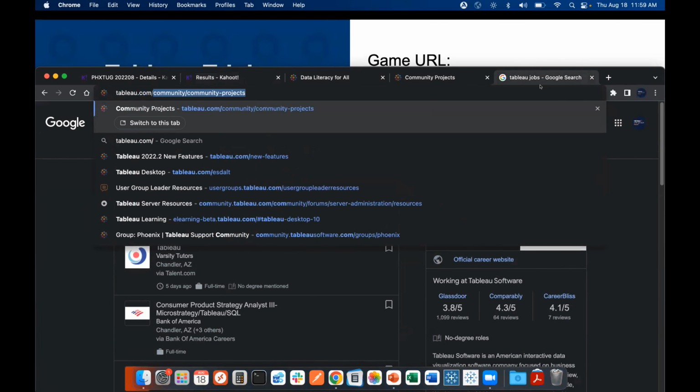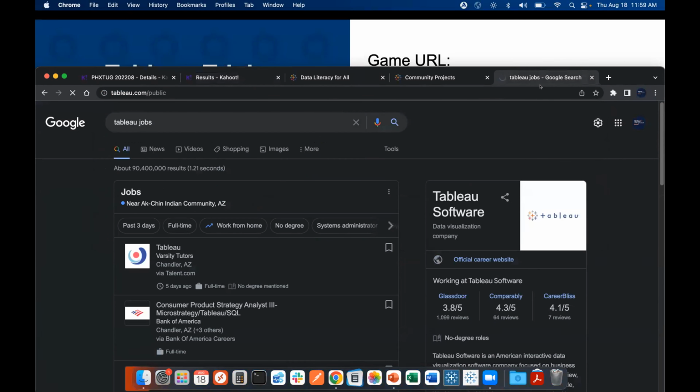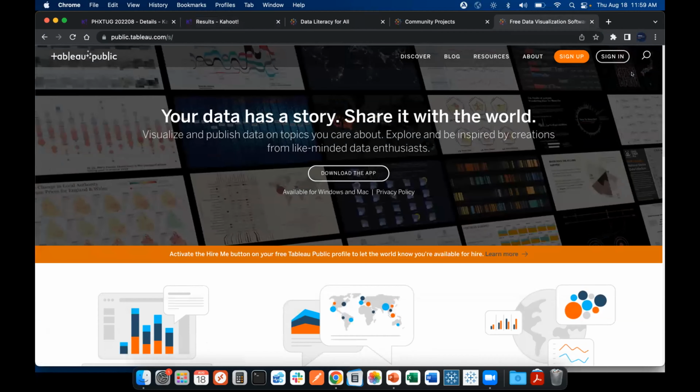So do go out to Tableau Public. This is where, if you're going to be participating in any of those community activities, a lot of them you'll be posting those challenges to your Tableau Public website. This is absolutely free. So again, if you're not already on Tableau Public, go ahead and sign up.